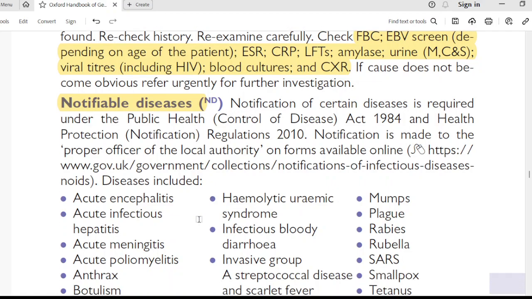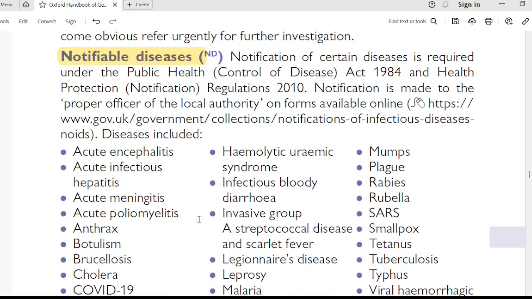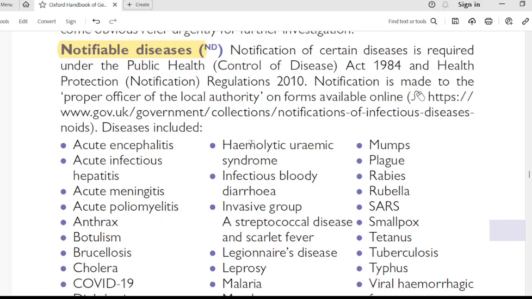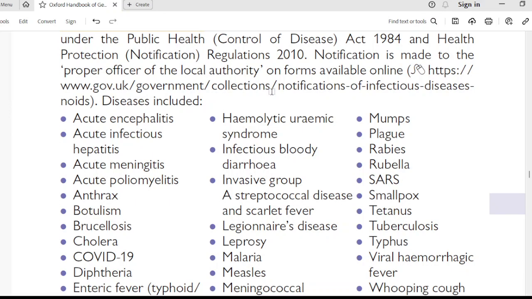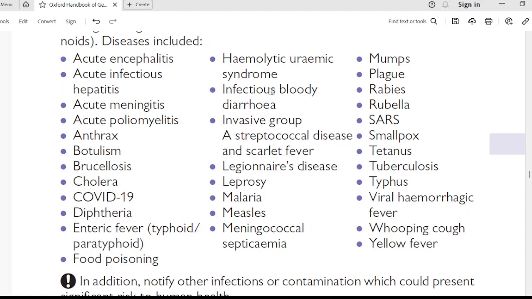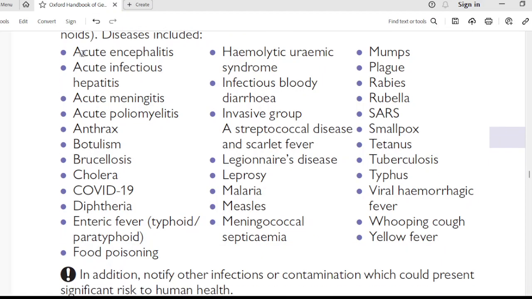Notifiable diseases. Notification of certain diseases is required under the Public Health Control of Disease Act 1984 and Health Protection Notification Regulations 2010. Notification is made to the proper officer of the local authority on forms available online. Diseases included are acute encephalitis, infectious hepatitis, acute meningitis, acute poliomyelitis, anthrax, botulinum, brucellosis, cholera, COVID-19, diphtheria, enteric fever, typhoid,